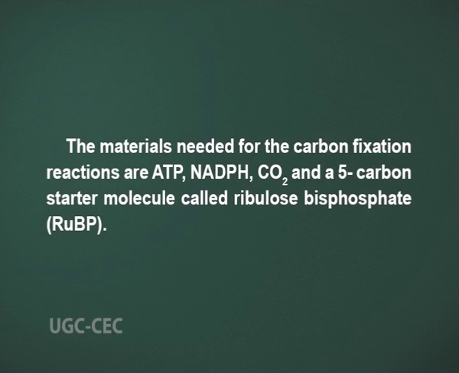So, the materials needed for the carbon fixation reactions are ATP, NADPH, carbon dioxide and a 5-carbon starter molecule called ribulose bisphosphate or RuBP in short. The first two ingredients, that is ATP and NADPH, are made available from the light-dependent reactions. Carbon dioxide molecules come from the atmosphere and the RuBP starter molecule is already present in the stroma of the chloroplast